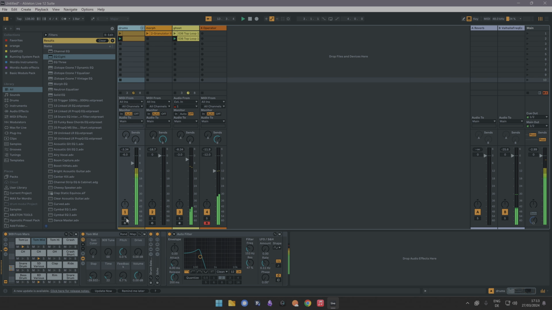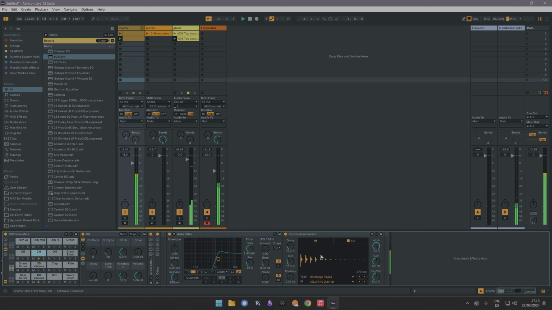So for the drums, I just use a 909 kit, and then I put some weird filters on some of the elements. Okay,